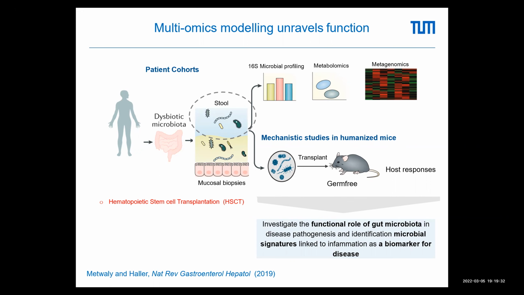We collected fecal samples and mucosal biopsies, but here we focused on stool samples, and we looked into the gut microbiome composition and function using different tools, 16S and shotgun metagenomics and metabolomics, and we confirmed these findings to look at the underlying mechanisms using a germ-free mouse model. And in the end, we managed to identify this microbiome signature, which can be used to classify patients based on their gut microbiome